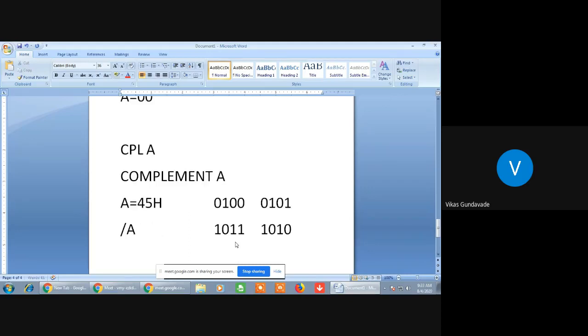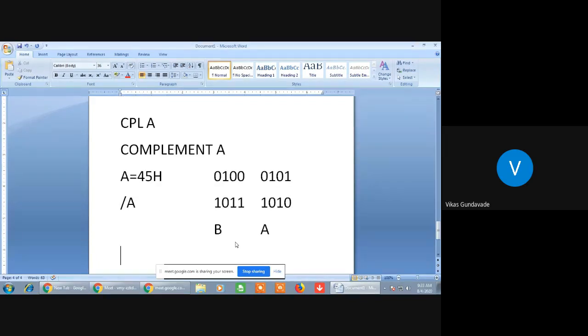So here the result will be 8 plus 2, 10, plus 1, 11, so here it is B, and here 8 plus 2, 10, that is A. I think, am I right? Right, okay. So the data is BA. The accumulator contents will become 0BA.